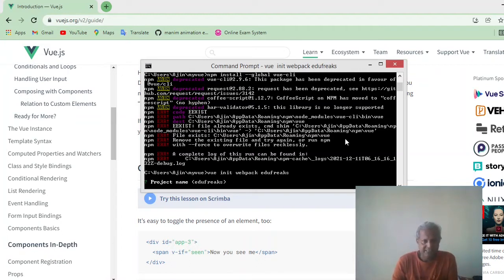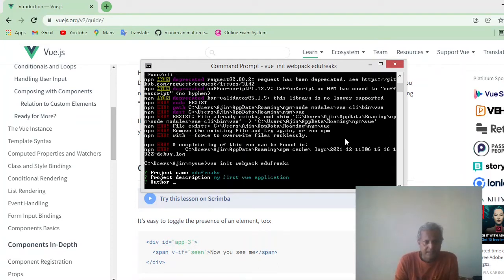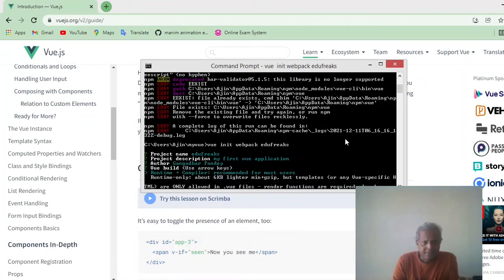Okay, so now it is asking me to write the project name. So I write edufreaks. Then it is asking for a project description. So I write my first Vue application, and that's asking the name of the author. So I write my name, Pande,